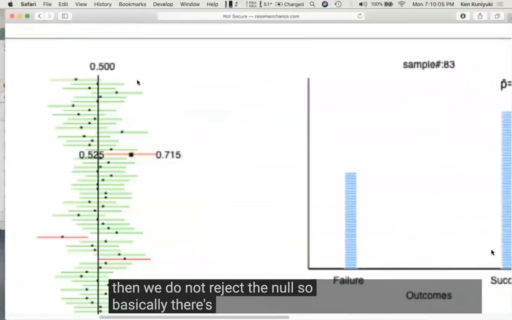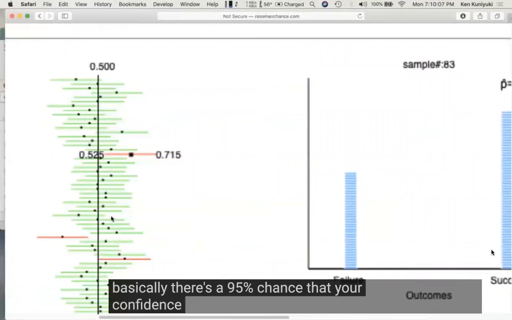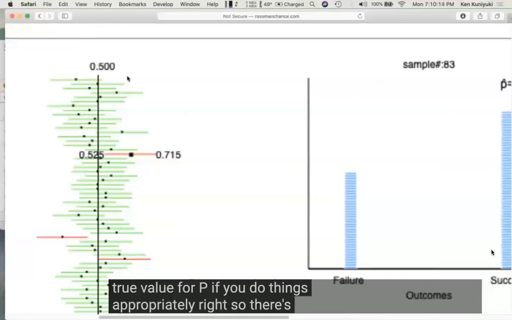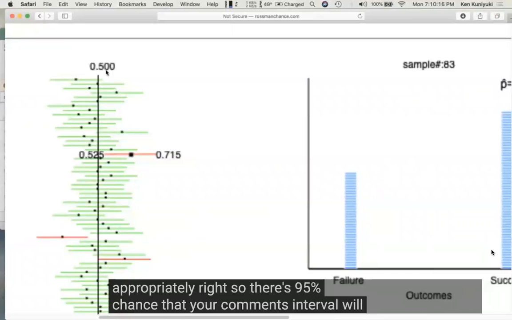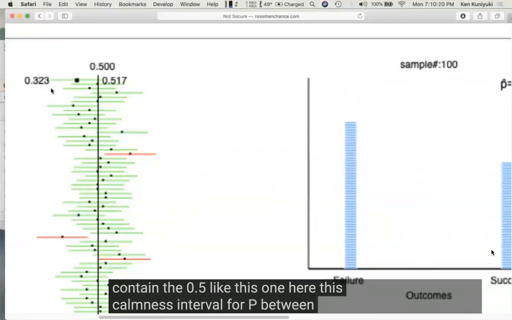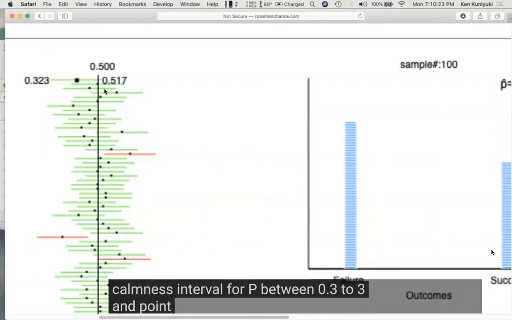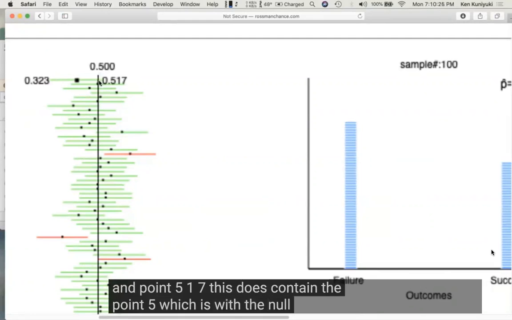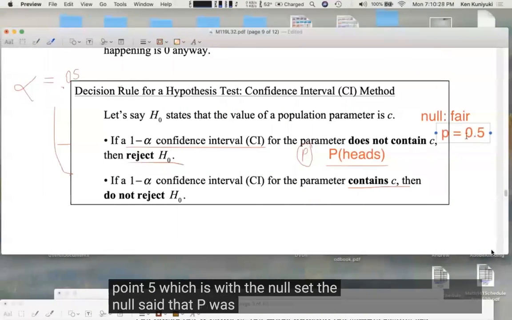So basically, there's a 95% chance that your confidence interval will contain the true value for P if you do things appropriately. This confidence interval for P, between 0.323 and 0.517, does contain the 0.5, which is what the null said. The null said that P was 0.5,